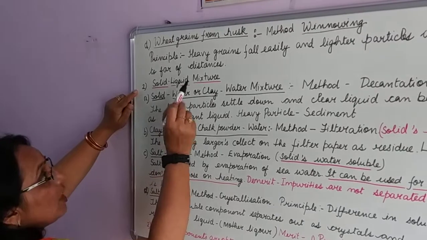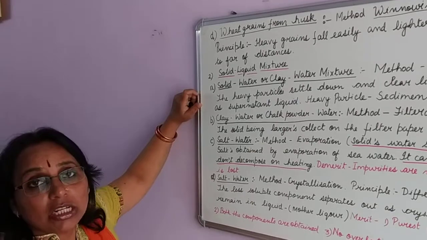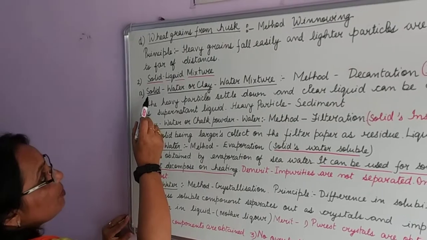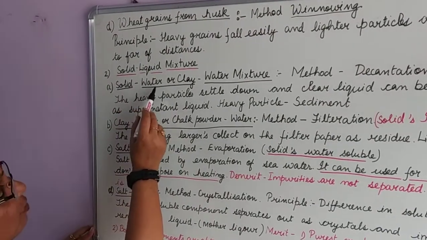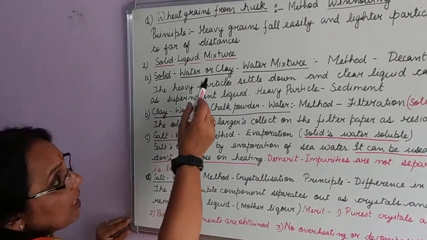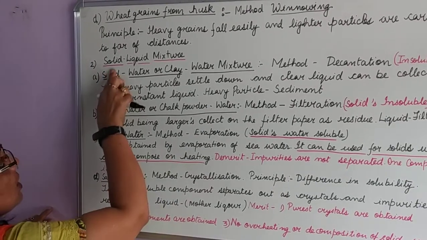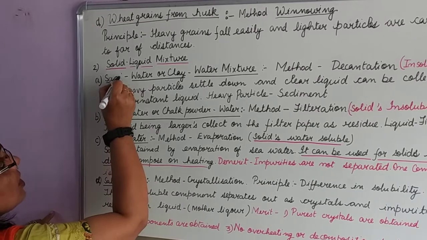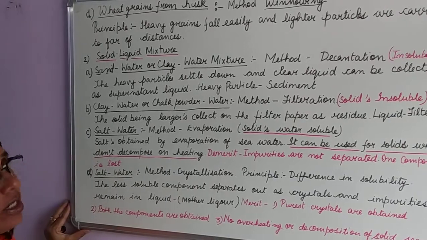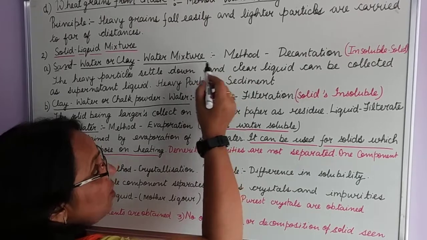The solid liquid mixture. First we'll study solid liquid mixtures where the solids are insoluble. They do not dissolve in the liquid. For example, a mixture of clay and water, or sand and water. Here the sand also doesn't dissolve in water, so the method used for the separation of such insoluble solids from water is known as